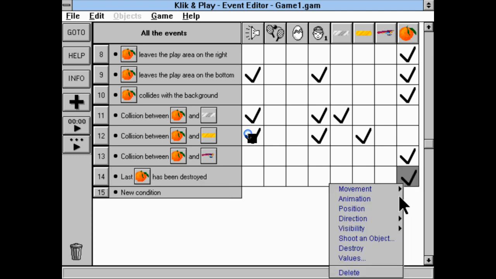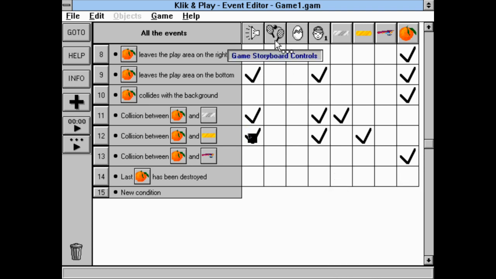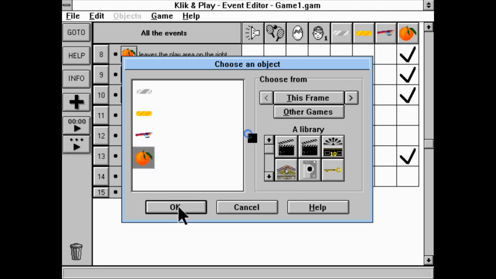Ah, there we go. Create a new object. There we go. I want to create a new orange, but